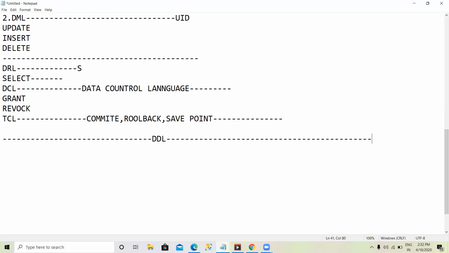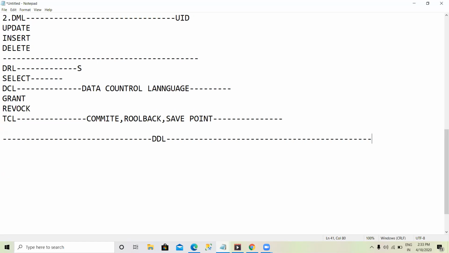This comes under DDL commands. If you want to delete or drop data in the table, create a new table, alter the table, or truncate the table, these come under DDL commands.